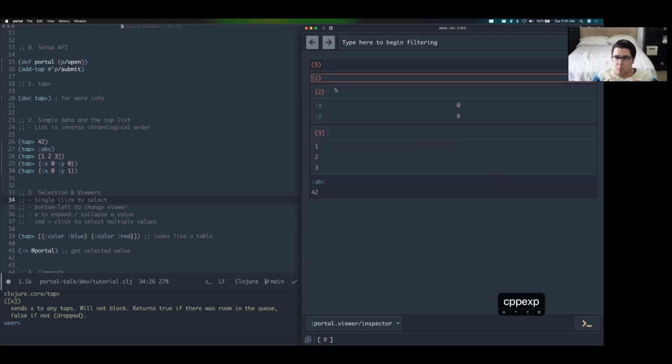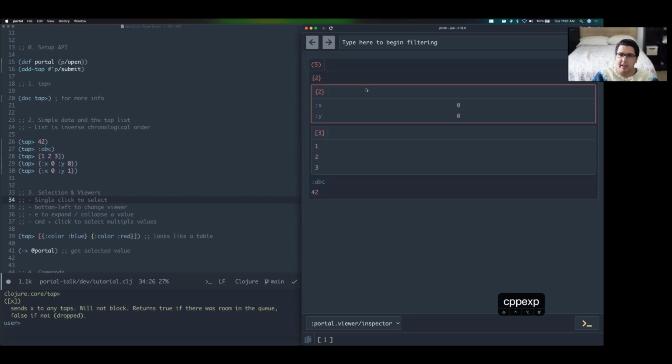So what just happened here is we selected a value. We ran a command on that value to toggle expand it. So it was already expanded, so it became less visible. If I click E, like I said, there's a shortcut E for it. Right, and I can just keep pressing E. I'm not sure why it's not showing up here, but